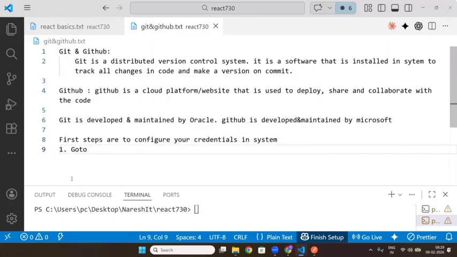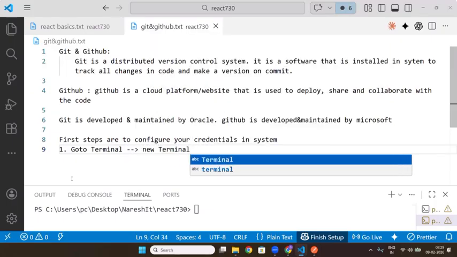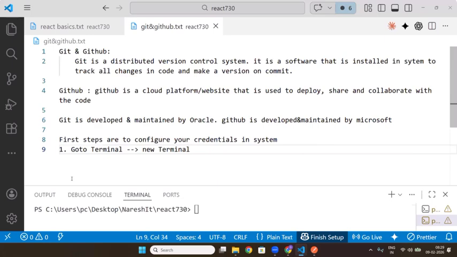For this, I recommend you go to terminal, new terminal, in the specific folder. Then you will write the command: git config --user.name